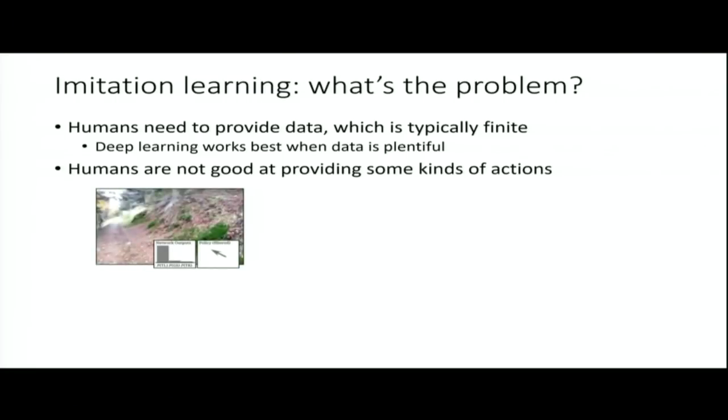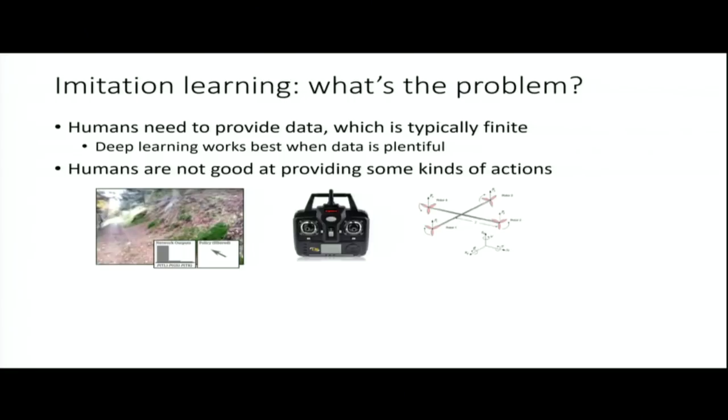So it's not too hard for a person to walk down a forest trail. It's not even all that hard for them with a little bit of practice to fly a drone or to drive a car. But if you imagine doing, let's say, a high-speed aerobatic maneuver with that drone, now it's a lot harder. Now the person has to actually figure out how the motors need to be actuated. That gets a little harder, not impossible, but harder.